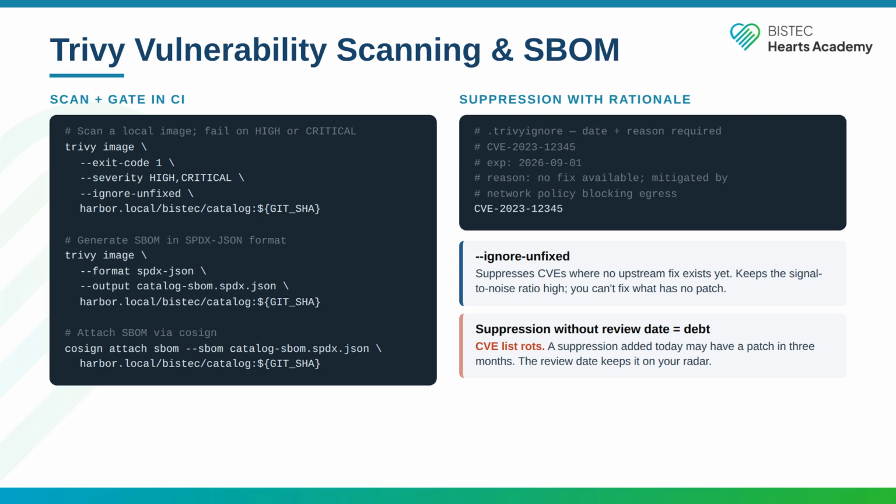When you must suppress a finding, for example, a high-severity CVE in a library you can't upgrade without breaking your application, use a Trivy ignore file. Every entry in that file must have a comment with a date and a reason. Suppressions without dates rot. 6 months later, no one knows if the CVE is still relevant or if the library